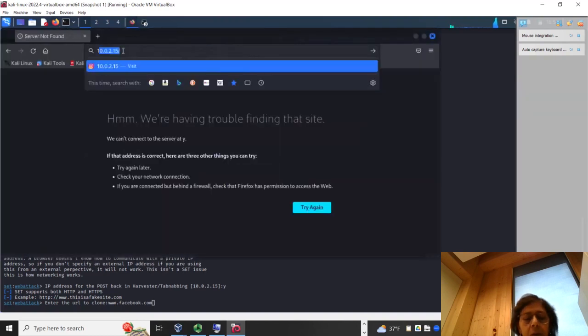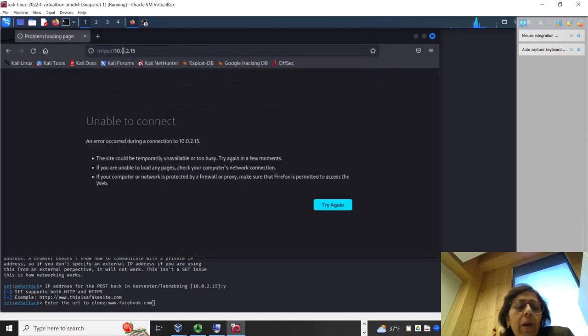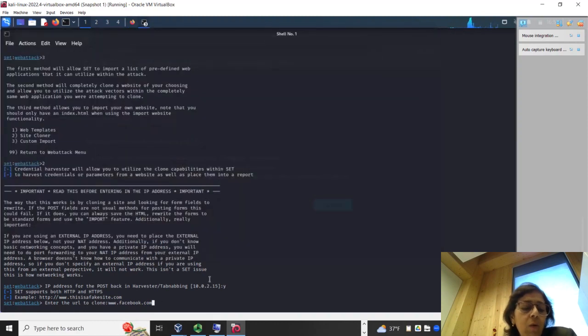Before I clone it, I would just go here and try to access 10.0.2.15, which is the IP address of my machine. That's the local host on which this particular site would be hosted. So let us go and check. Here we are not able to connect to anything. So once I clone it here,